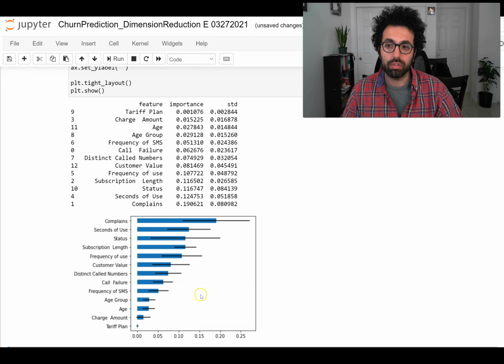By looking at this list and also the bar chart, which also includes the standard deviation, you can see that complaint, seconds of use, status, subscription length, frequency of use, and customer value were the most important attributes in the prediction. And you also see that age group, age, and charge amount, the ones that were not important in the first method, also are not important here. By looking at these different outputs or reports, you have much more knowledge about which attributes are meaningful or useful for the classification of